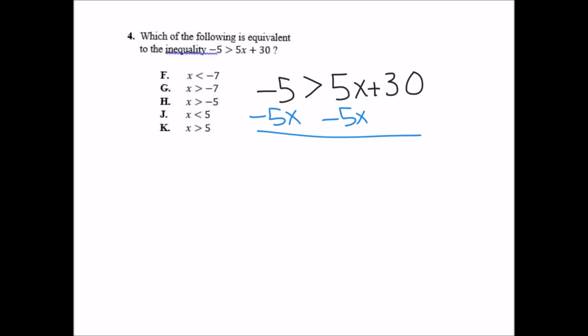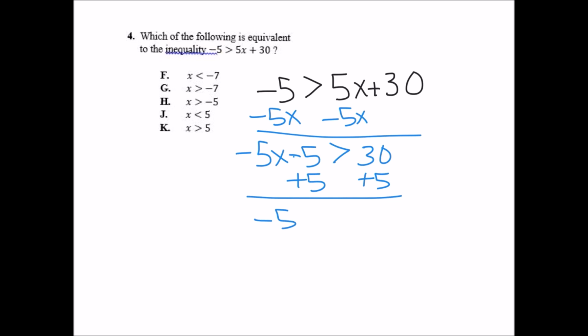Question 4, which of the following is equivalent to the inequality negative 5 is greater than 5x plus 30? So you need to solve for x. And keeping in mind that the x is always going to be on the left side, sometimes it's easier to just move everything over that way at the very beginning. Subtract 5x from both sides. Sign does not change because we're only adding and subtracting, so now we've got negative 5x minus 5 is greater than 30. We're going to add 5 to both sides,